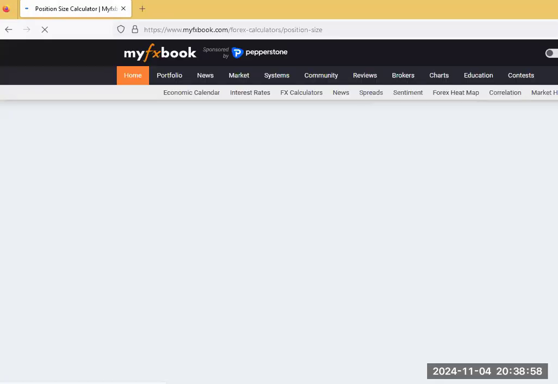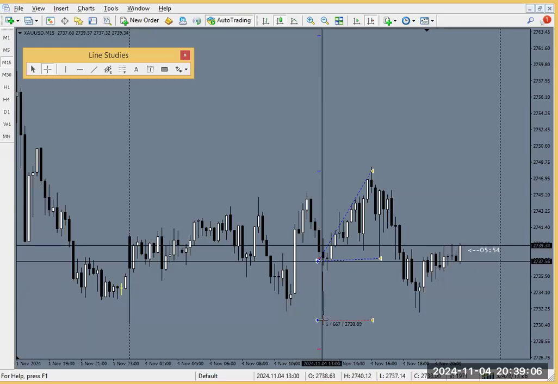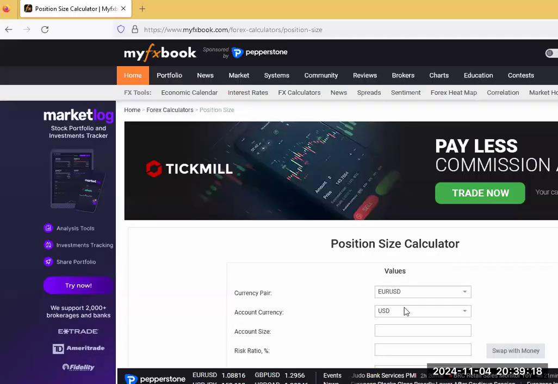For instance, this price here that I entered, I entered here, my stop loss was at 61 pips. So at that, I'll go to that position size calculator, and then put in